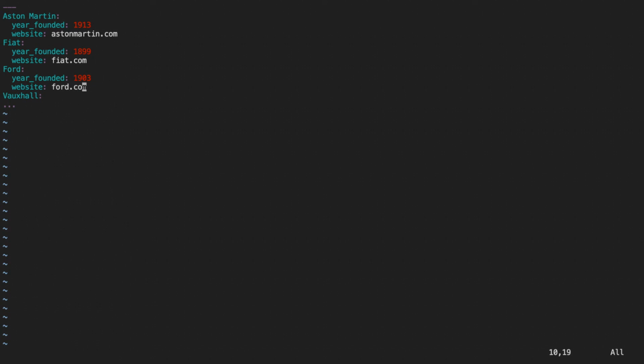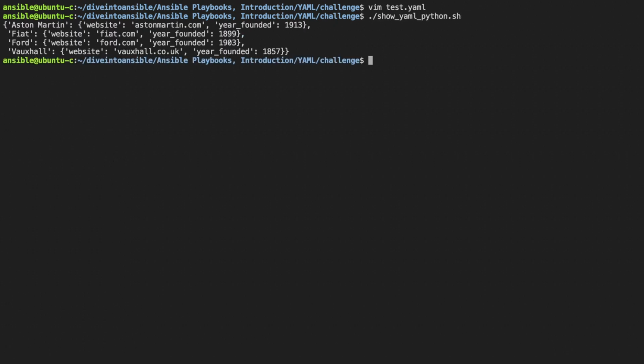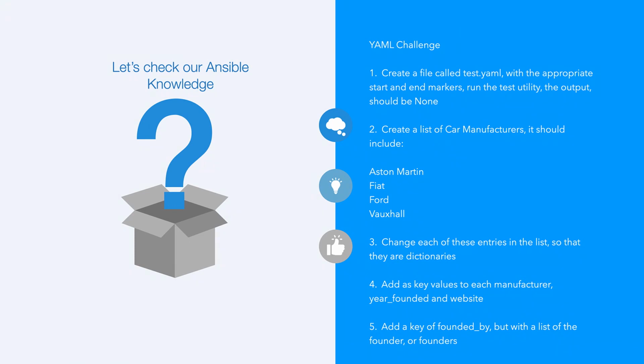Lastly, we've got Vauxhall. This one actually surprised me quite a lot. The year founded for this is 1857 and the website vauxhall.co.uk. Okay, let's save that and see how this looks. Beautiful. And the last part of this challenge, I want you to add a key of